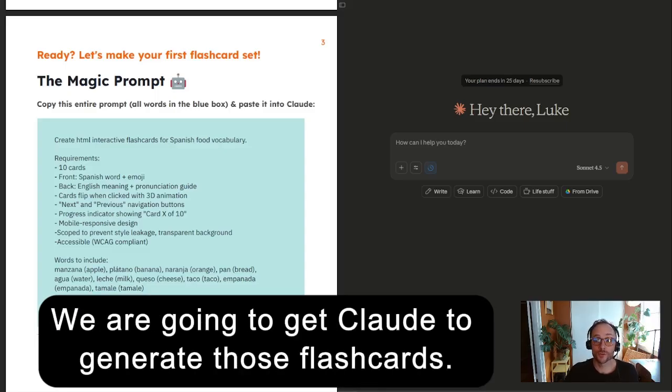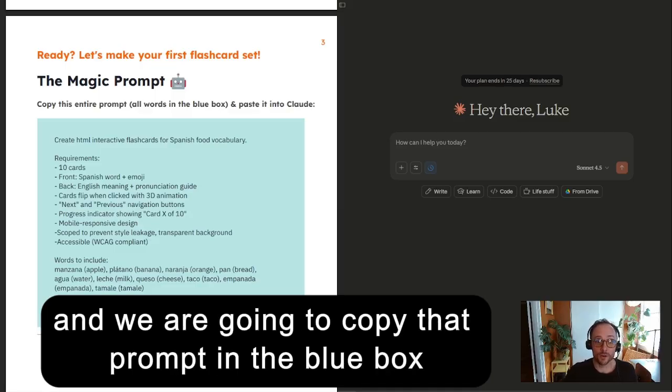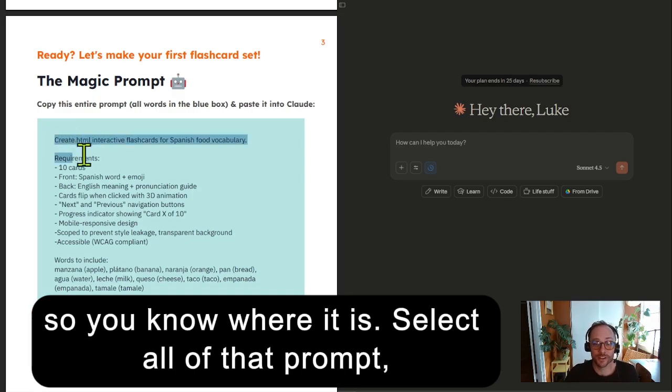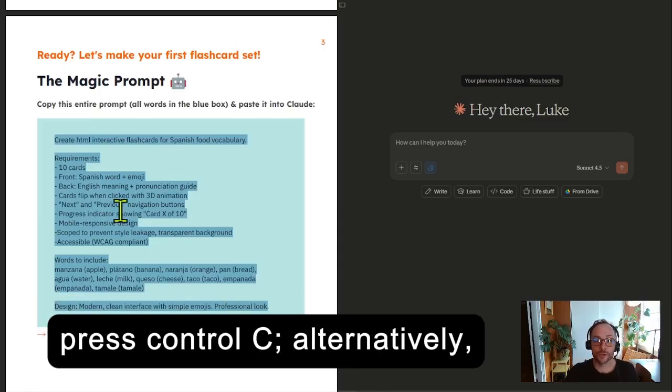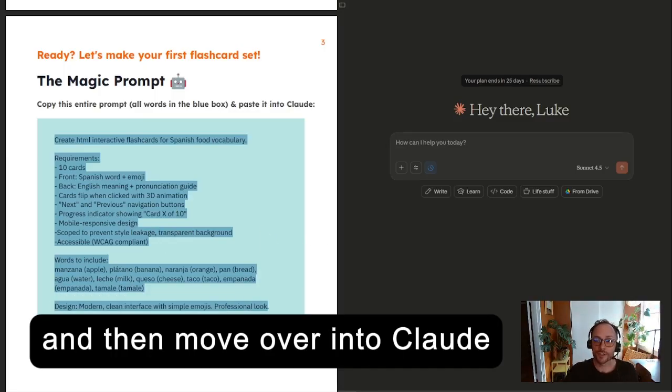We are going to get Claude to generate those flashcards. All you have to do is go to page 3 of my free guide, and we are going to copy that prompt in the blue box. I will always put the prompt in the blue box for you so you know where it is. Select all of that prompt, press Control C. Alternatively, you can right click and press copy to copy that text,